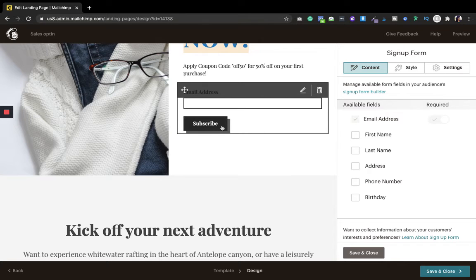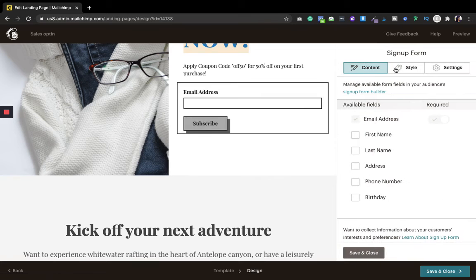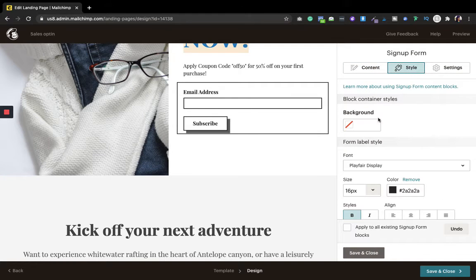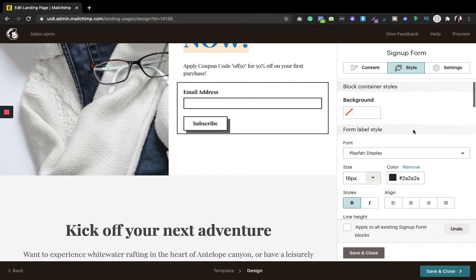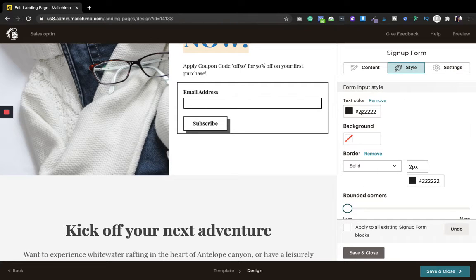Now if I want to customize the button as well, I can do that. I just have to click over here and save it, and you will see the text colors as well.